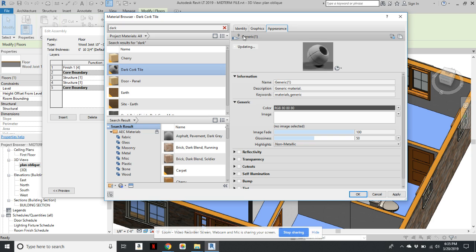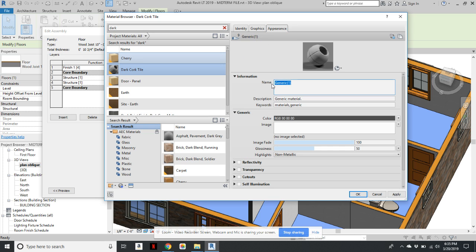If we go into render appearance, I have a generic asset. So a generic asset, remember, just means that anything else that's called generic asset 9, anything else that has that same generic asset 9 in it will be affected. But I believe that every time you create a new default material, you get a new generic asset with a new number here so it doesn't duplicate. I don't want this to be called generic. I want this to be called cork tile